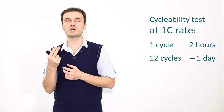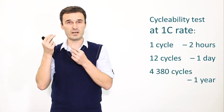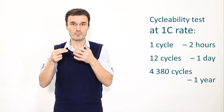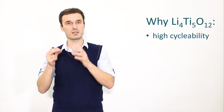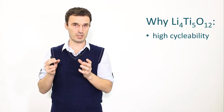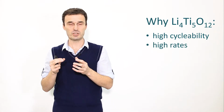Per day we can measure 12 cycles of charge-discharge. Per year we can measure about 4,000 cycles. So 4,000 cycles for just 1 year, and how to measure, for example, 40,000 cycles, which is 10 years? It's very hard to do. So for lithium titanate, we can say that properly made lithium titanate can boast of incredibly high cyclability, extremely high cyclability. Also, it can be used for high power applications, and